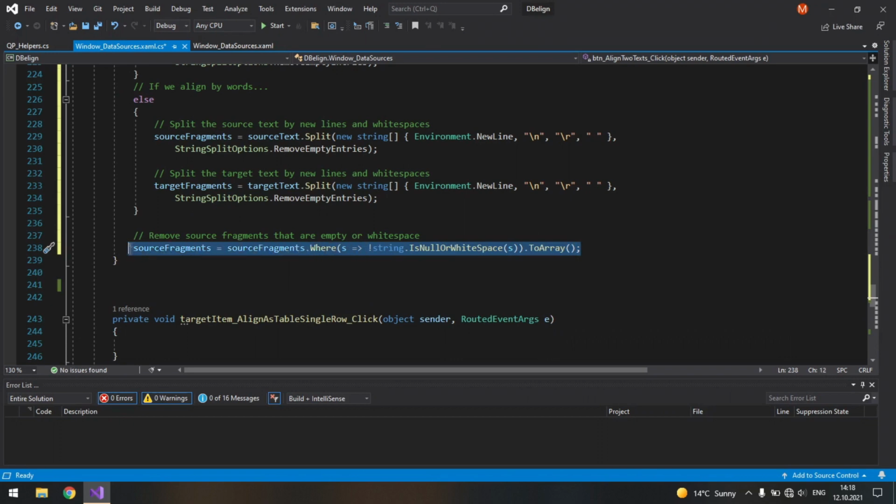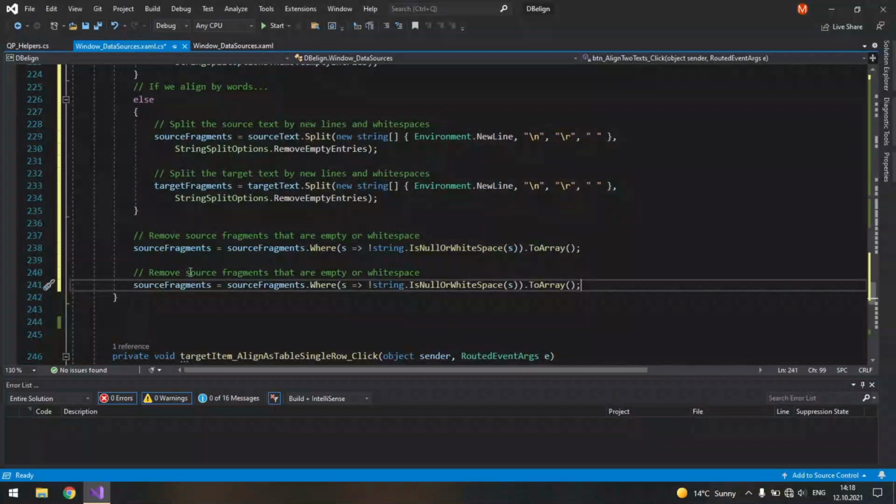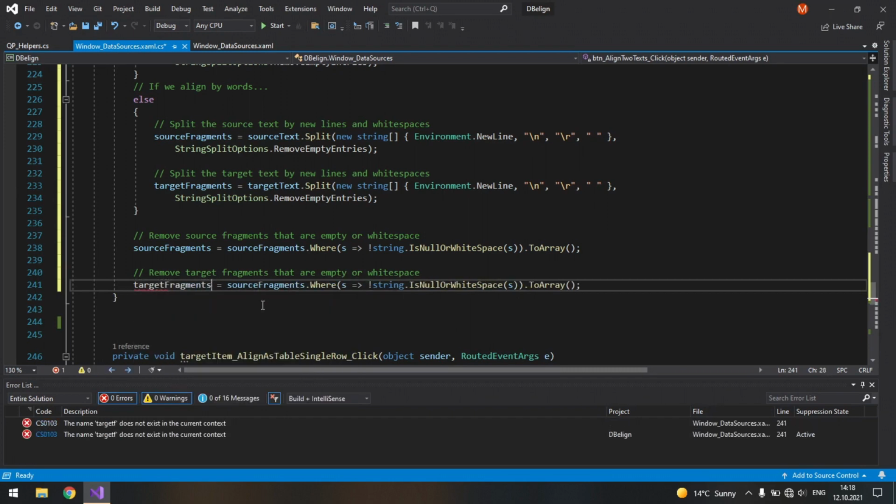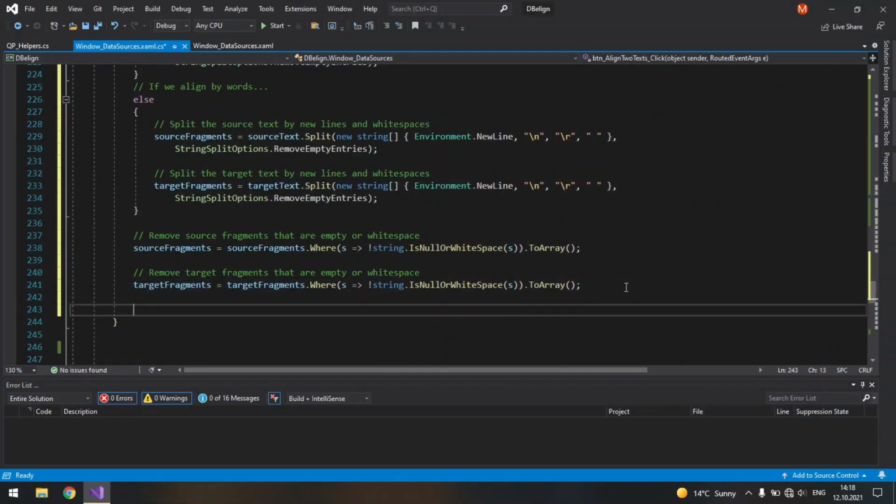Do the same for the target fragments. So remove target fragments that are empty or white space. Target fragments. Target fragments. It's not necessary if you don't have a license protection, but I do.